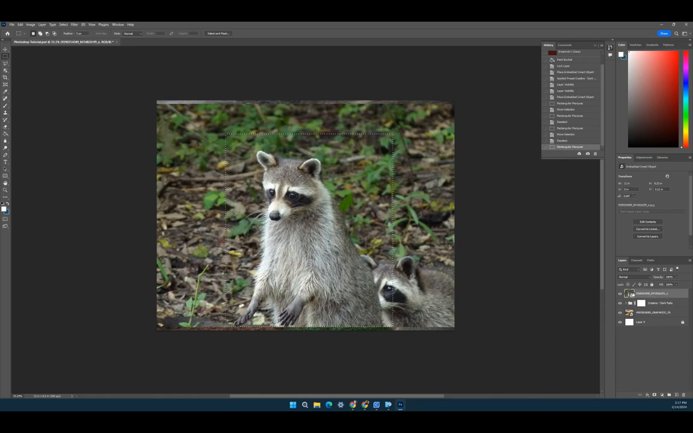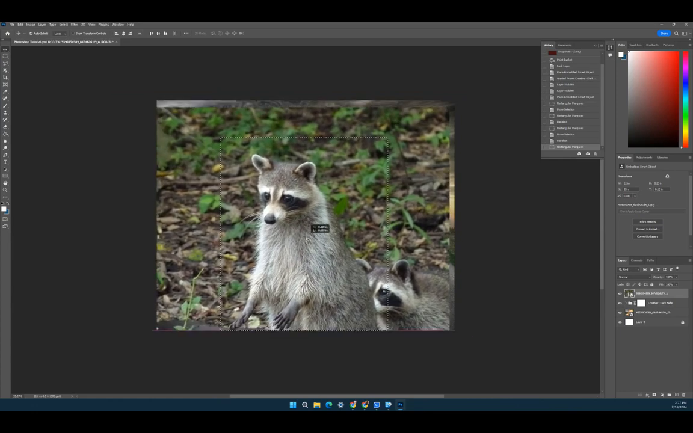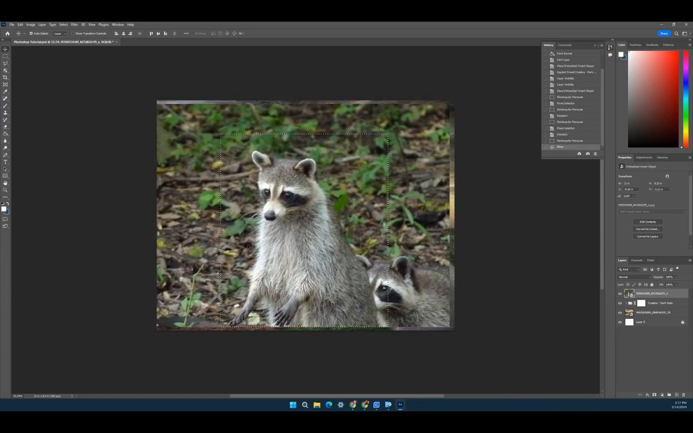So right now I'm on my layer with my raccoons. I've got this rectangular marquee. Now, if I wanted to come over here and get my move tool, which is like our selection tool, and I click and move, it's going to move the whole thing. Some settings will let you actually move what's inside of here and start cutting it out. But what I like to do is